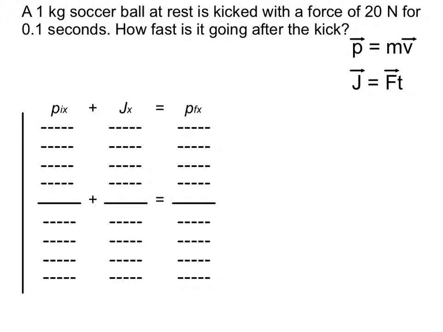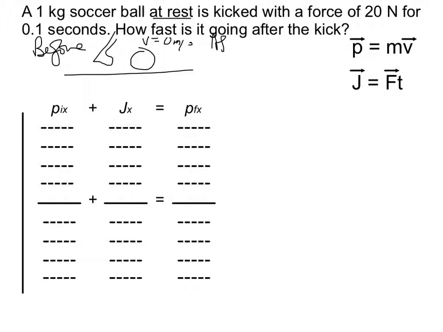For all of these, we're going to have a before and an after. So the before, you have your soccer ball, and you have a foot getting ready to kick it. For labels, we know that the initial velocity is 0 meters per second because it says it is at rest. After,